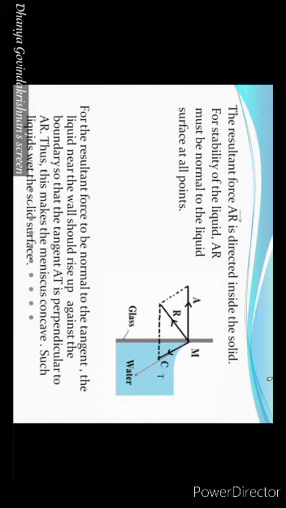For any meniscus, both forces act. Yes, for any meniscus, both forces will act. Adhesive force and cohesive force will act. Only thing, their magnitudes will be different. For concave meniscus, adhesive force was greater than cohesive force. Now for convex meniscus, I will be discussing. So concave meniscus is clear to you all? No response? Okay, then I will continue.